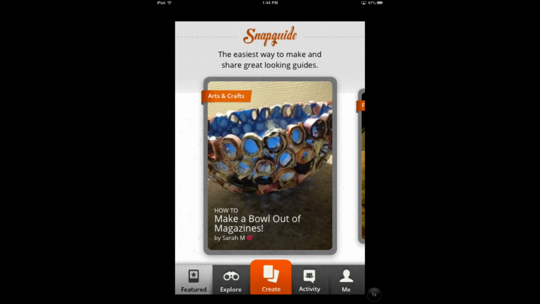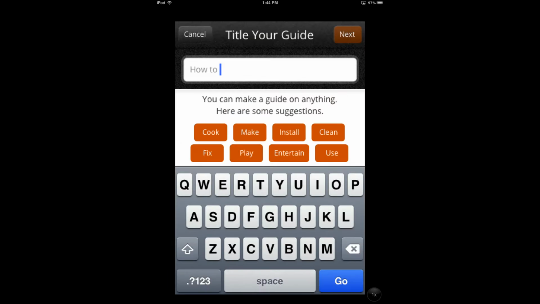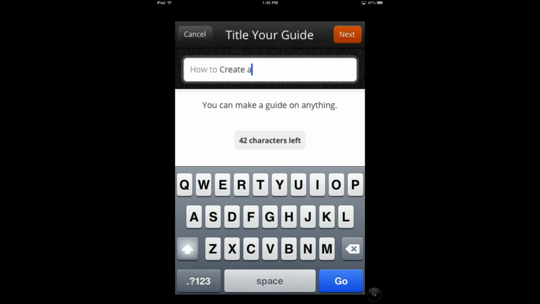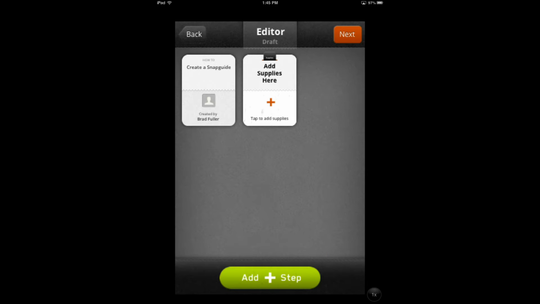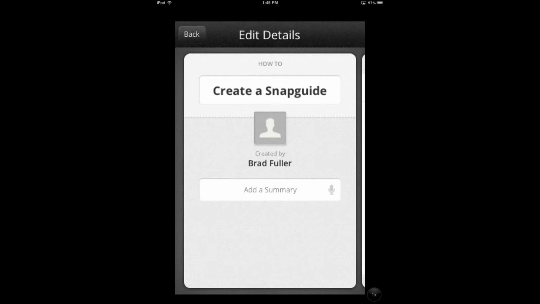To create your own Snapguide, tap Create and give your Snapguide a title. Tap Next. Let's add some more information to our first page, so let's tap our first page, and we have the option